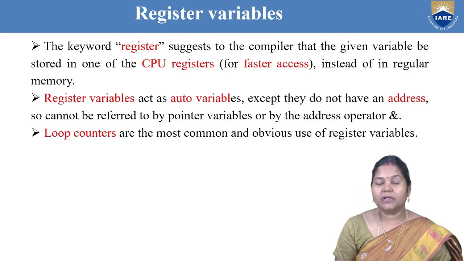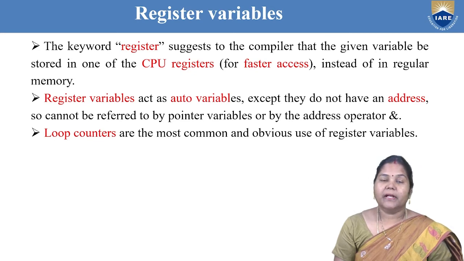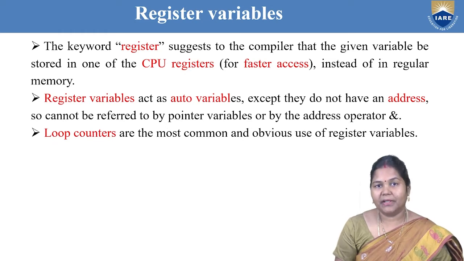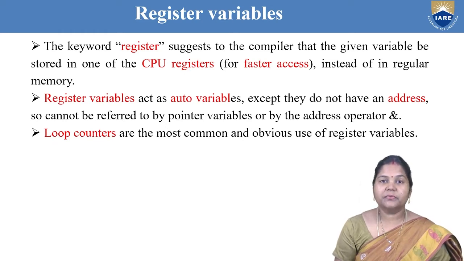If you come to the working of register variables, they simply work as automatic type. But the difference between automatic variables and register variables is that automatic variables are stored in memory. That's why automatic variables will have a memory address. But register type variables are stored in CPU registers, so they cannot have a proper address,